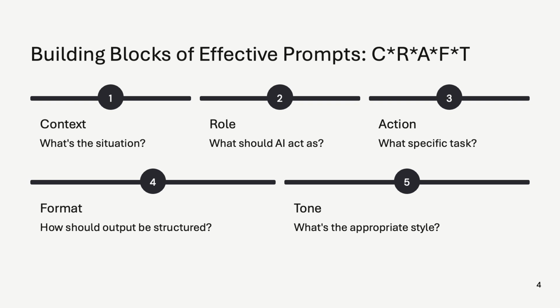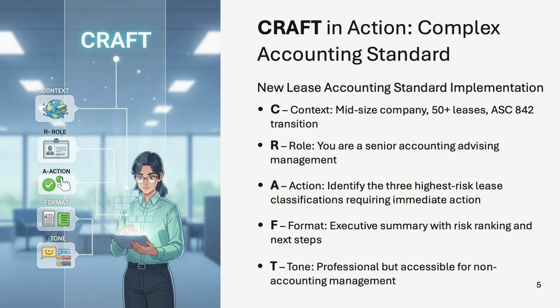Notice how in both examples, the AI is given everything that it needs to provide useful responses tailored to your specific situation and audience. Let's see how the CRAFT framework works with a complex accounting standard. Instead of asking, "help me with lease accounting," structure a comprehensive prompt that gives AI everything it needs to provide valuable assistance. For the context,